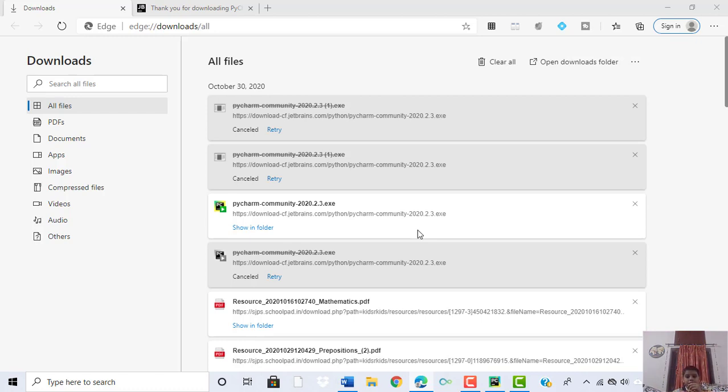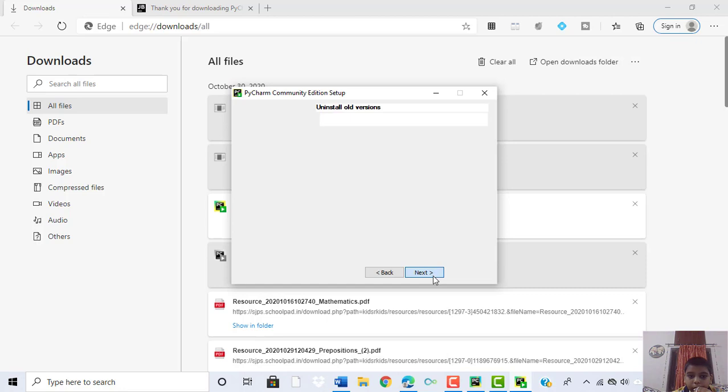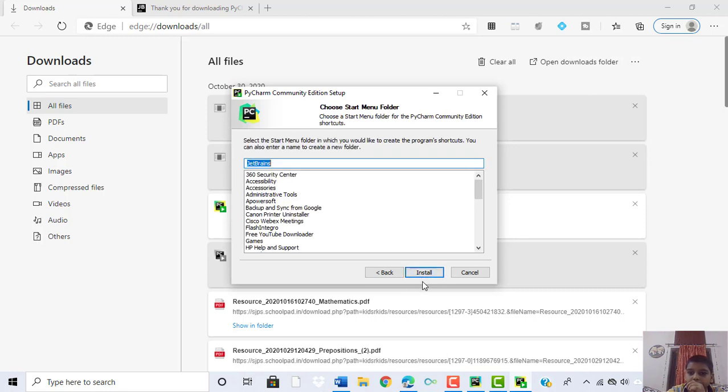Now we have to click on yes, and then when the dialog box has appeared, you have to click on next, then next, then next. Because I have installed this version, it will ask me to uninstall. You have to install it, but you have to do next, then install. And if you want to save your files, to change the destination folder, you can change it by browsing. Then you have to click on next, then again next, and then install. Because I have installed it already, I will not install it.